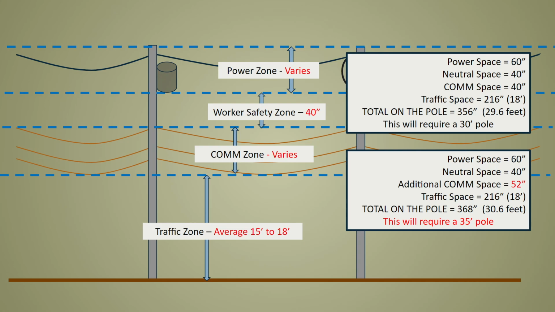If you're the new person attaching to this pole, the only number in this example that would ever change is your COM space, right? Your power stays the same, worker safety, traffic. But in order to accommodate that new attacher, now we have to change out that pole from a 30-foot pole to a 35-foot pole. And we're going to talk about that more when we talk about the make-ready engineering and